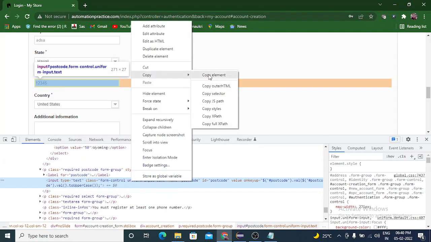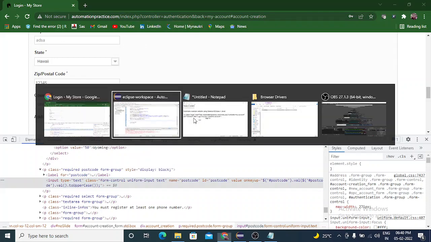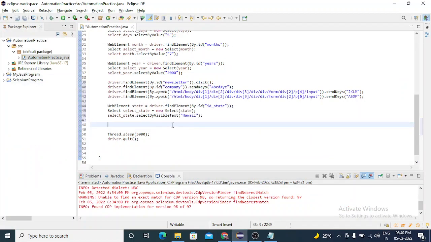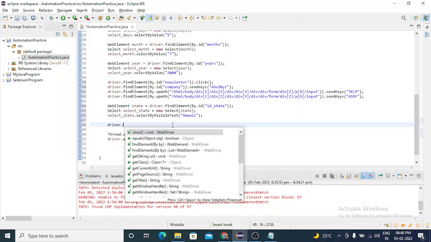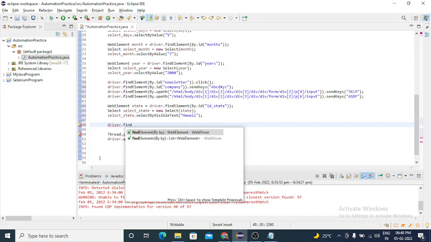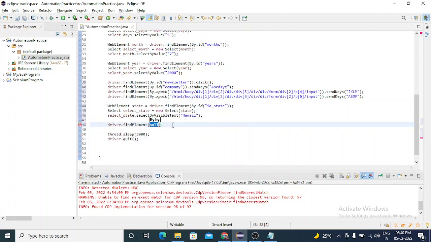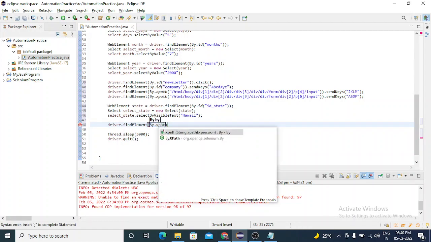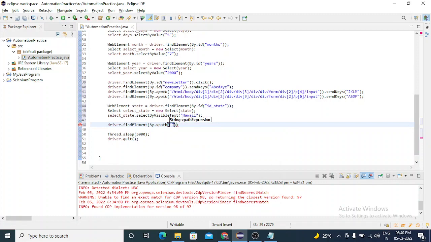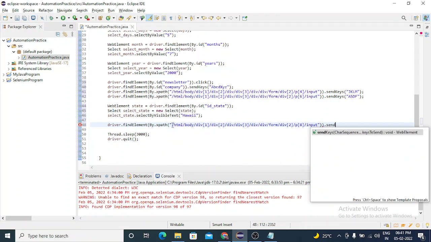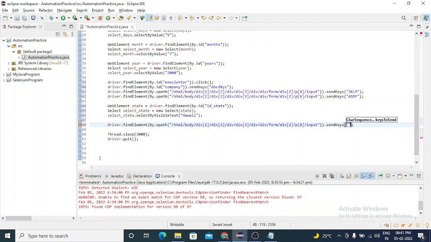I copy a full XPath, then driver dot find elements by dot XPath dot send keys. We need to input something, so I'll send 5 number digit.